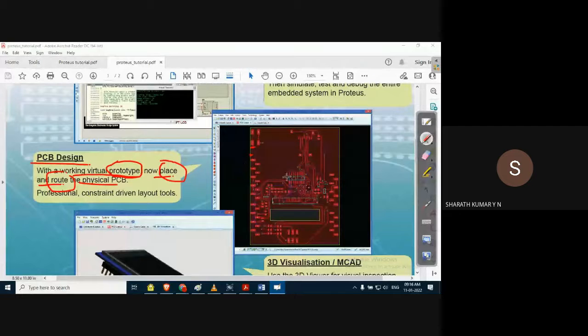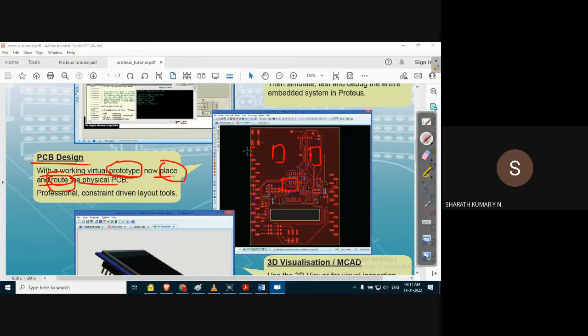Routed means the software will move and rearrange the components in such a way that it can optimize the component occupancy on the PCB, so that the size of the PCB is smaller. Smaller PCB, more functionality. So for that, routing is very important.